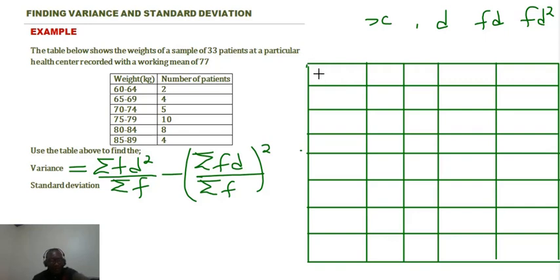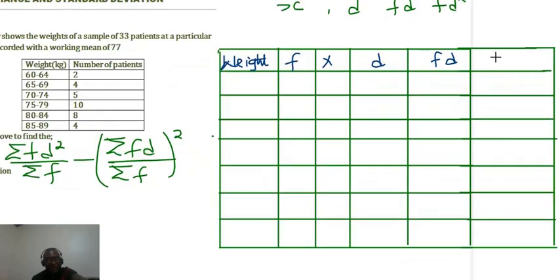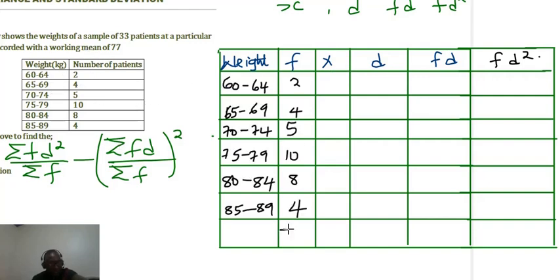So we shall have here the weight, we shall have the frequency, which is the number of patients, we shall have x, we shall have d, we shall have fd, and then fd squared. So let's transfer the columns of weight and frequency here in the table. We shall need summation f, so summation f is 33 here. Then we need to go ahead and get